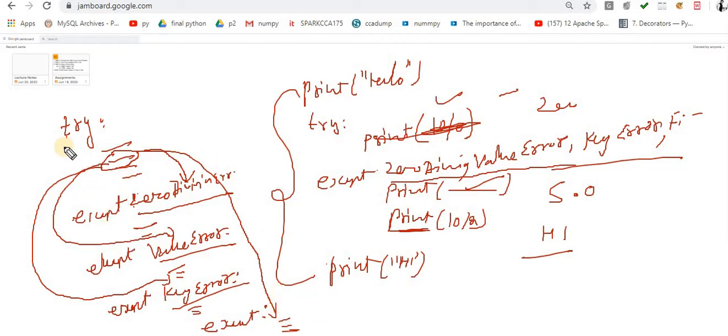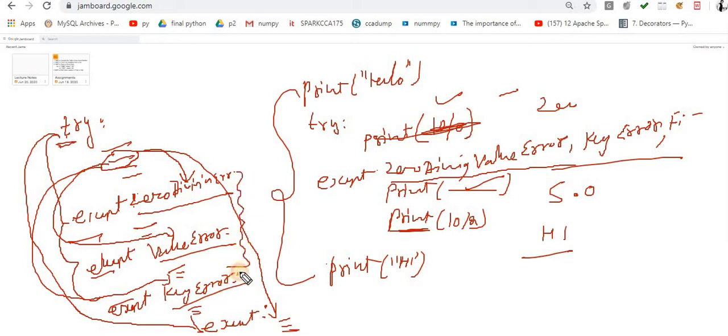So this concept is called try with multiple except statements. Yes, this is the valid one. And when I use this empty except statement, this concept is called try with multiple except statements and with default except statement. Default means if all these catchers fail. Let's suppose there is an error that is not associated with ZeroDivisionError, ValueError and KeyError. I am getting something extra, let's suppose FileNotFoundError. Now this catcher failed to catch it. Again this catcher failed. Again this catcher failed. Then what will execute? This default statement will execute.